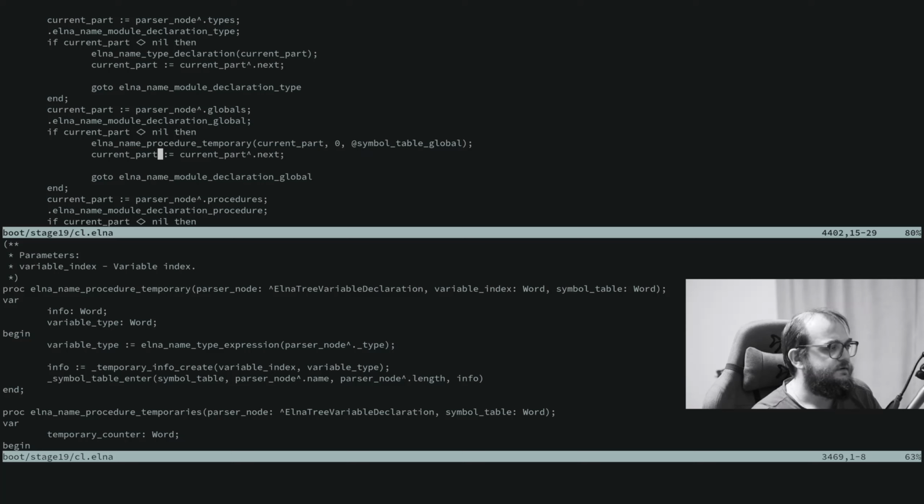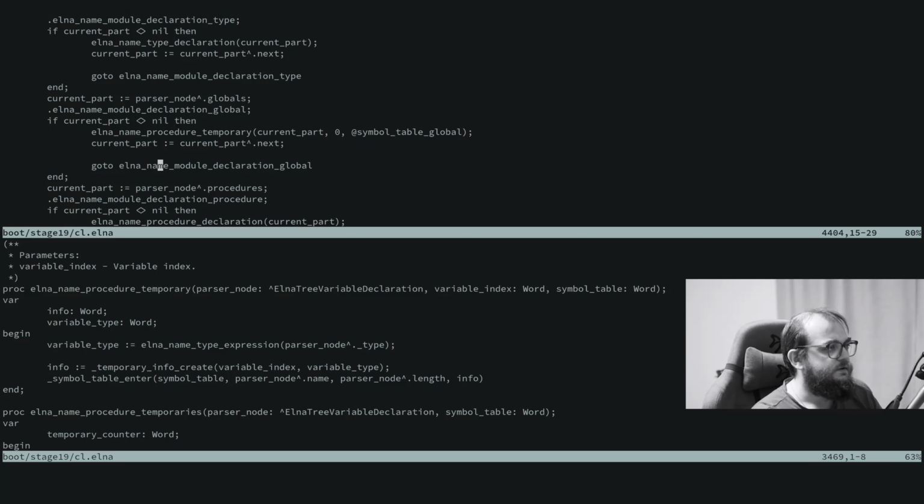Then I get the next symbol and do a loop. So actually they should be already set. And here I take the variable name, I check the type,